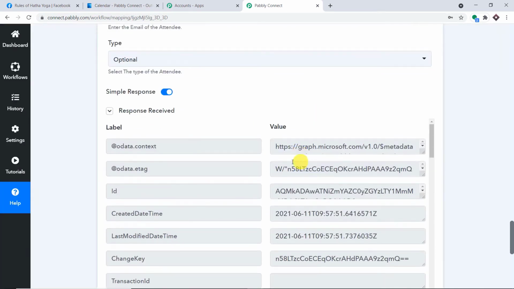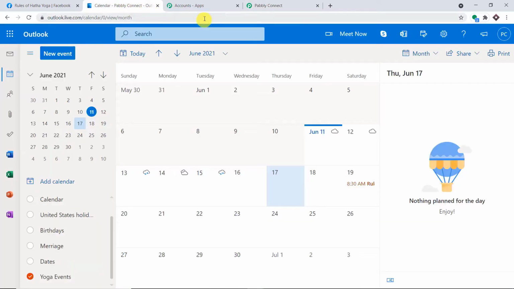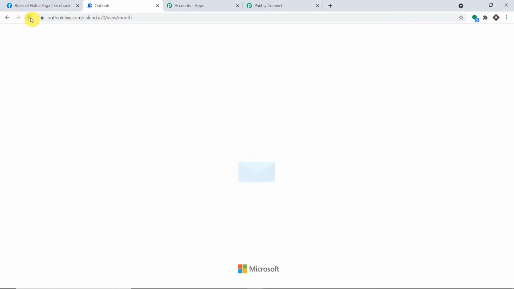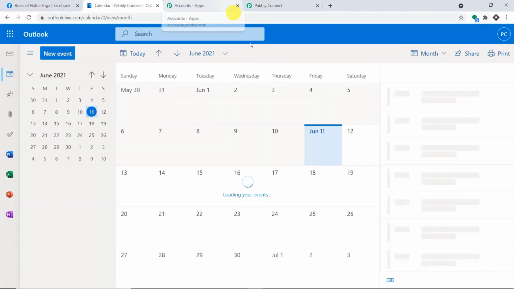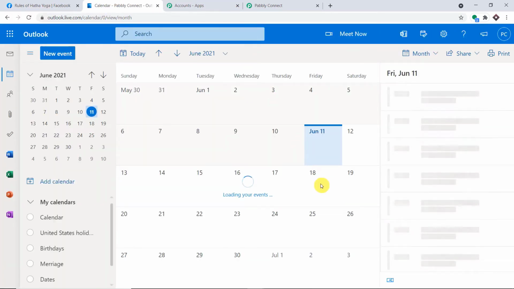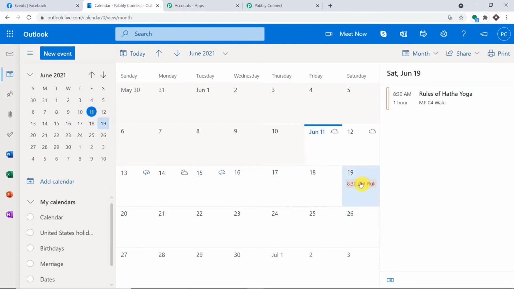Okay, so the response is positive. So let's have a look. Do we have the event? Okay, so let me just refresh this. The event was scheduled for, I think, the 19th. As you can see, we do have the detail here, Rules of Hatha Yoga, on June 19th, from 8:30 a.m. to 9:30 a.m. Excellent. So the presence of this data shows that we have a successful integration between Facebook groups